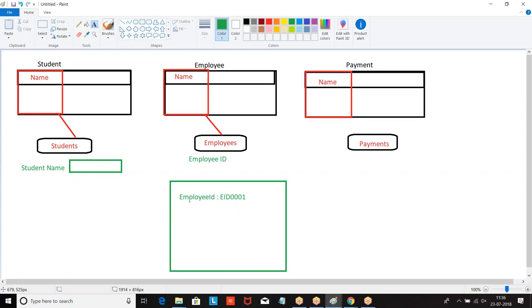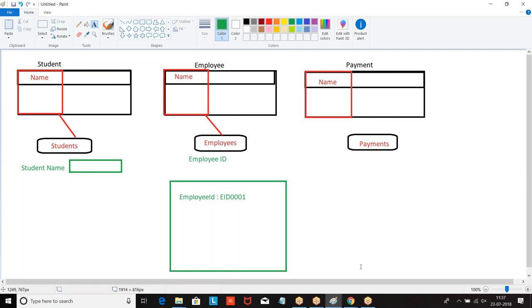Salesforce by default creates one standard field. What is the name of the field? Name. With what label it has to be displayed on the UI is given as record name label. In every record, the name field is created by Salesforce. How that name field is displayed on the UI is called record name label. Are you getting my point?